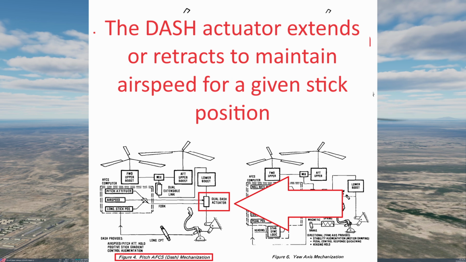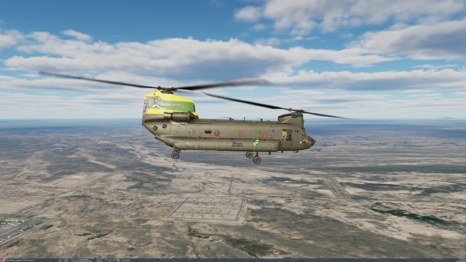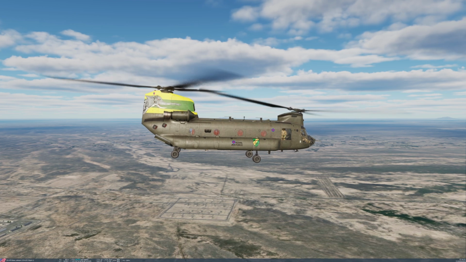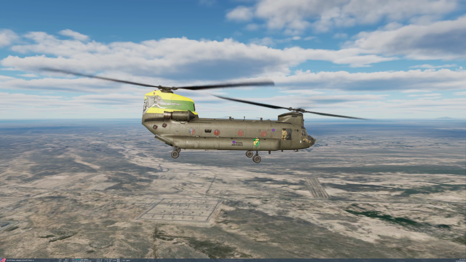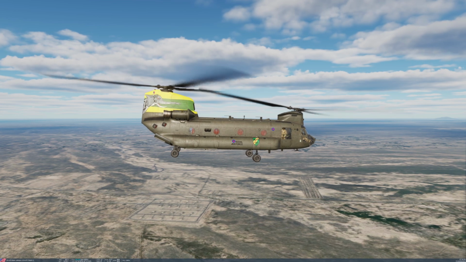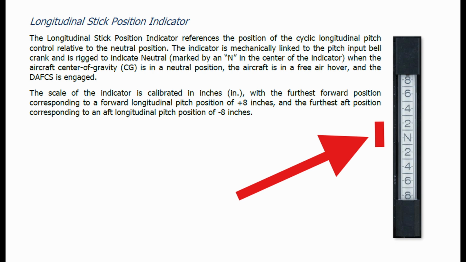Something else that will give you a clue as to what's going on with it, and again why things are not quite there just yet with the DCS version, is if you're sat in the captain's seat on the right hand side and you look down to the left as if you're looking past your left knee. I play in VR. You've got the right hand side of the console, and you'll see what is actually like a glass tube with a red indicator. That red indicator is actually connected to